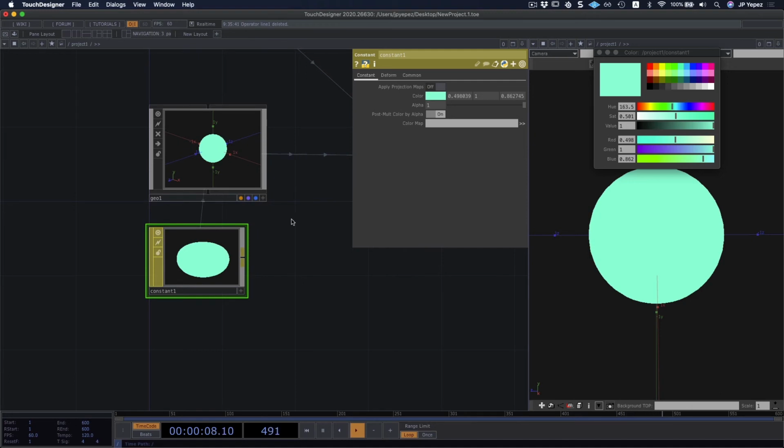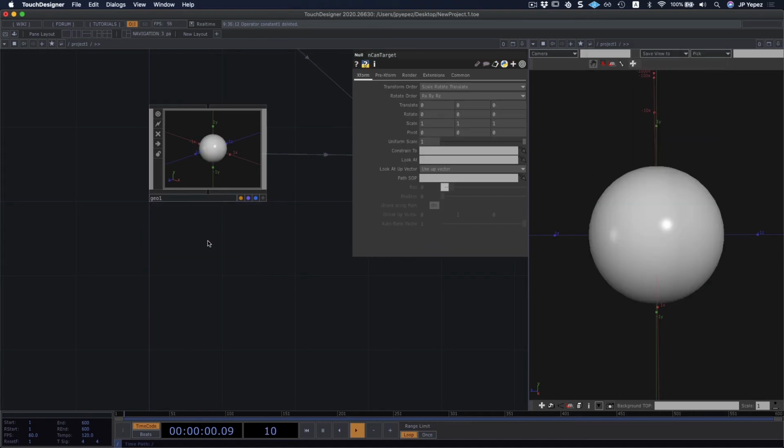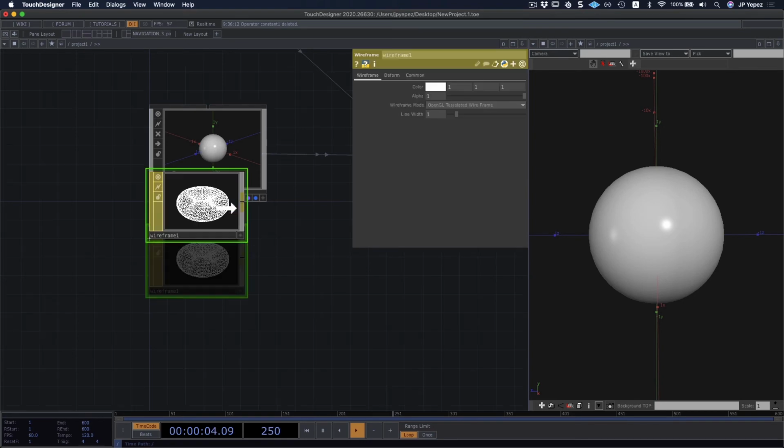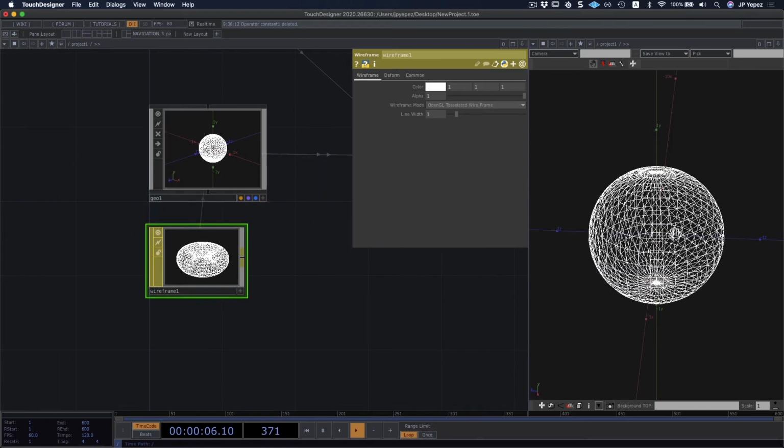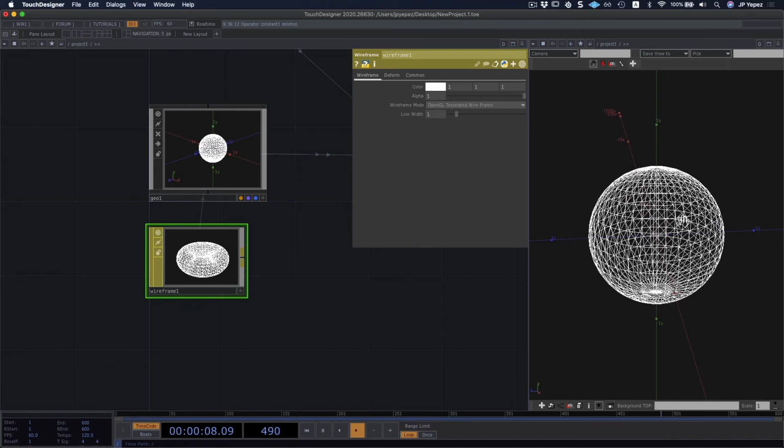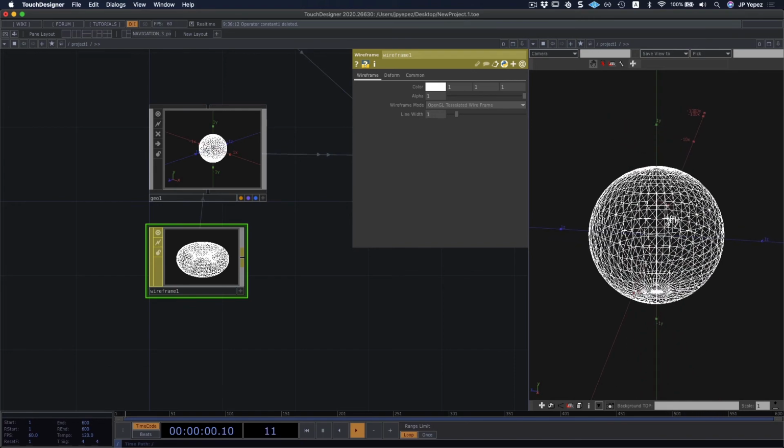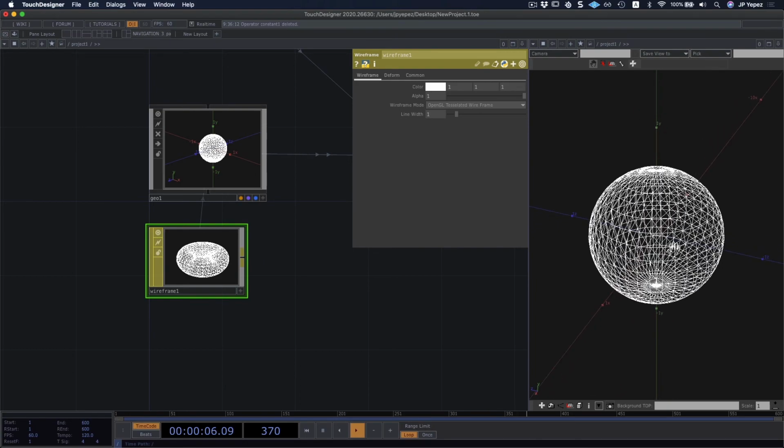Well, another way to see our geometry is the wireframe material. If you've ever worked in 3D, it just shows you how your geometry is built, but it's very useful if you want to give it somewhat of a sci-fi look, more with lines, more of a grid idea.